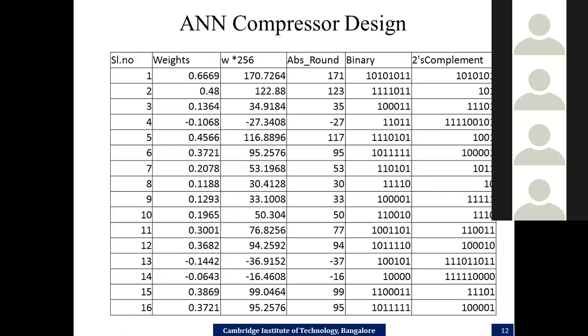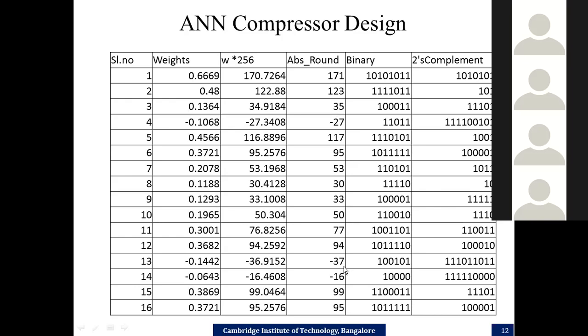Now, before I could get into the hardware design, I have taken all the 16 weights, and since they're all real numbers, it becomes difficult to implement them on hardware. So to simplify the design process, I have scaled all the weights by 256, converted them into integers by rounding off to the nearest integer. So these are the integers that I have obtained for the weights. Now there may be some loss, but I have experimented with it. To minimize the loss, you have to see what kind of scaling factor you are supposed to use. Then I converted that to a binary number.